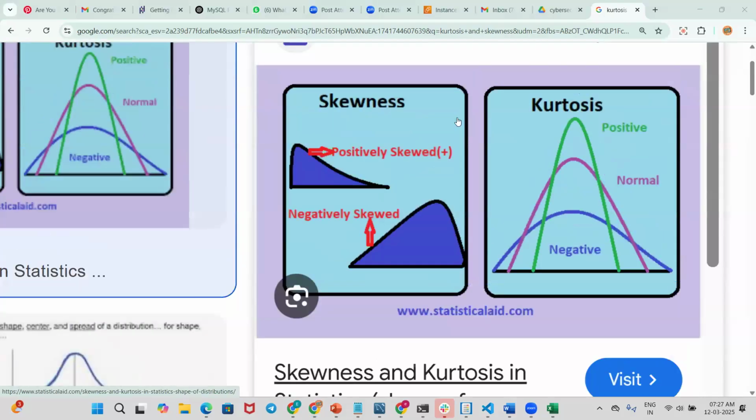Yeah. So here we have the kurtosis and the skewness images. See? Here, the first one is kurtosis. Kurtosis is nothing but a measurement of the tailedness and the peak point. If I compare two variables and plot the graph for the values of the variable I have,